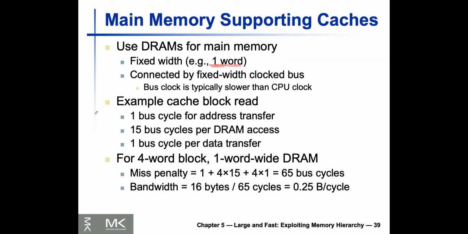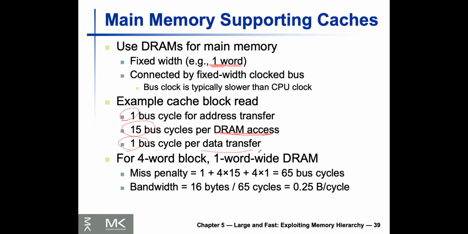We have cache supporting this memory. So we're gonna have one bus cycle for address transfer, 15 bus cycles to access DRAM, and one cycle to transfer the data we accessed. So we have a 15 cycle and one cycle. If you simply compute it for a 4-word block, if each block contains 4 words, and our RAM was 1-word wide RAM,